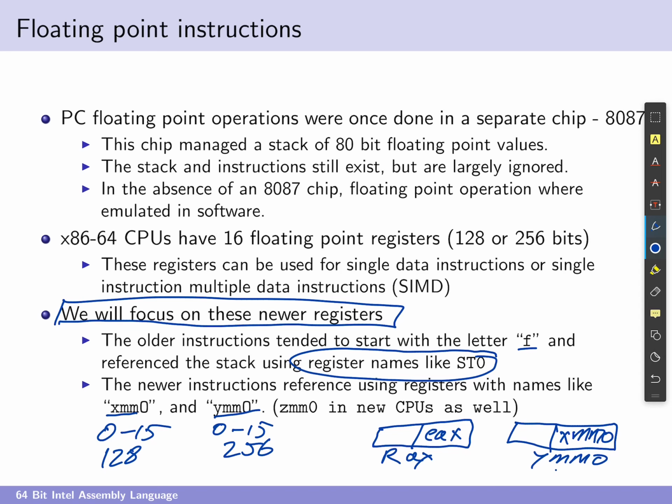Okay, so the YMM being the larger of the two, specifically it's a whole 256 bits, whereas the XMM version is only 128 bits. Now there's actually a third version which the textbook doesn't actually discuss, which is the ZMM versions. Now, we're not going to go through the instructions for them. It's somewhat regarded as a very niche type of floating point register. So that ZMM register is actually 512 bits, and it's something that Intel has really pushed hard on